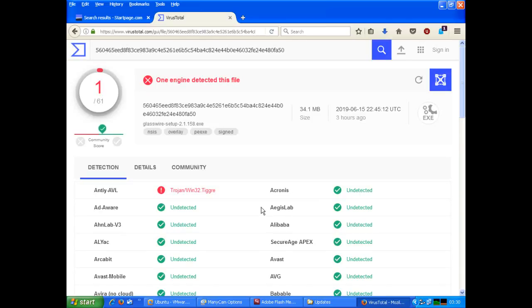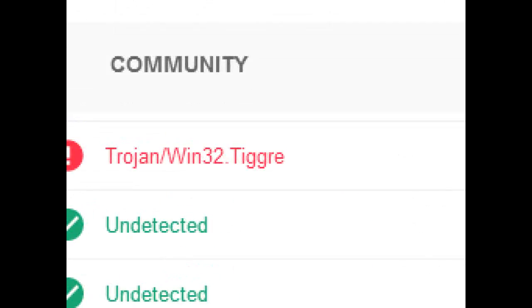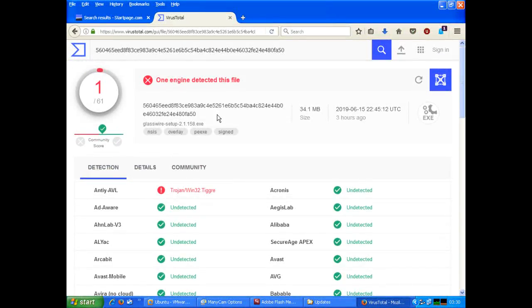It's got a trojan in it. Trigger. You've been tagged. That's what it basically means. That's annoying. You can't find anything on the internet these days that hasn't got something in it. Sometimes you can, but